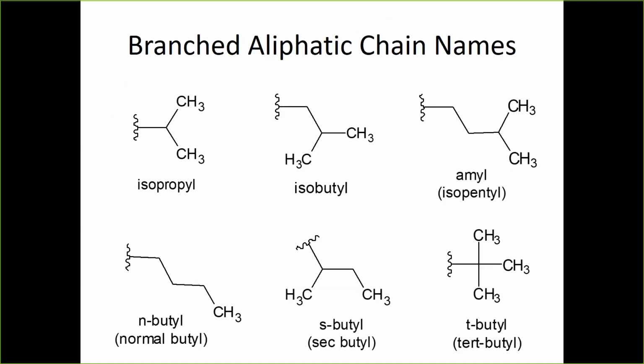At the bottom, I've just shown some of the other common structures of the other butyl substituents. So N-butyl, N stands for normal, and what that means is the 4-carbon chain with the group being attached to the final carbon on the chain. If you attach it to a straight chain at the second carbon, one of the two middle ones, that's called secondary or S-butyl, or sometimes sec-butyl, people will call it. And then for the isobutyl, instead of attaching it to the end, if you attach it to the middle carbon, you're going to end up with a tertiary butyl group, or T-butyl. We don't see a ton of those, but there are a few drugs that have T-butyl groups on them.